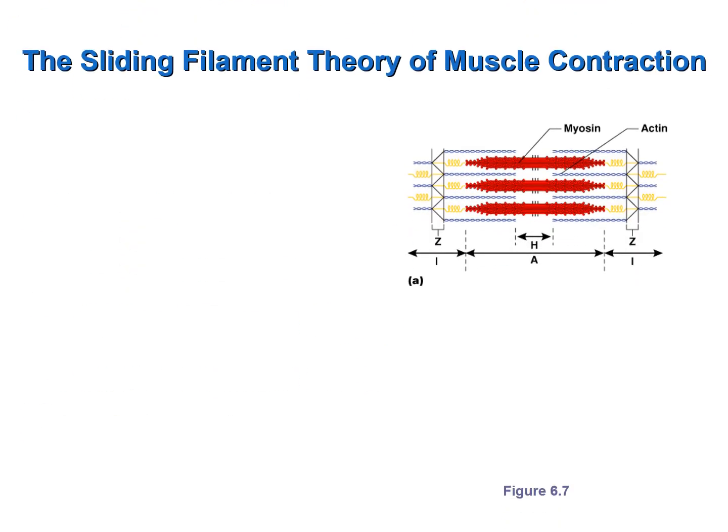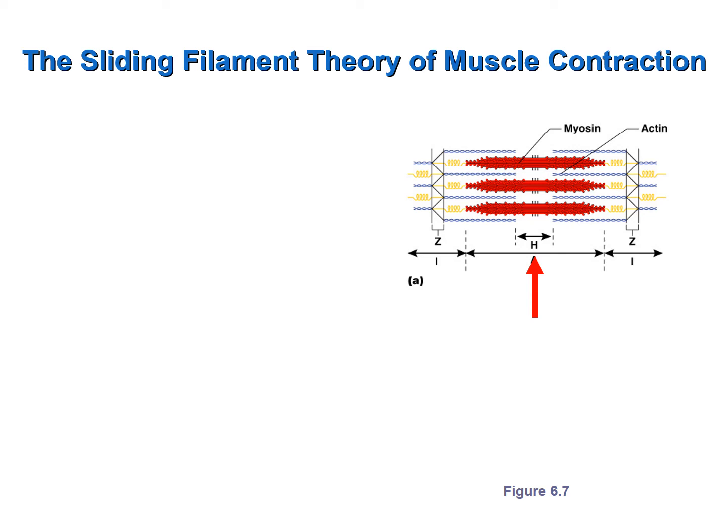So let's summarize the contraction of a sarcomere. Here we have at the top of the screen a sarcomere that is at rest, that is, it's not contracting. And we know that it's not contracting because the H zone or bare zone is visible. This is the area of the dark band where we don't have overlap between the thick filament and the thin filament. When contraction of a sarcomere occurs and the myosin heads